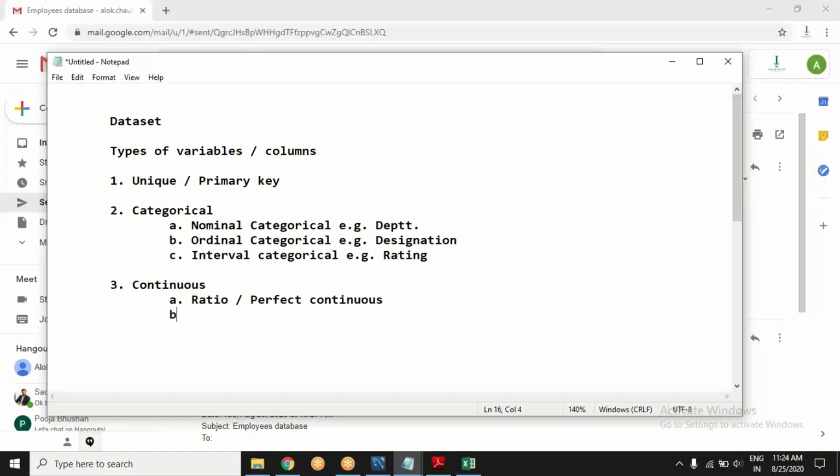We are talking about continuous variables. We call them discrete variables. Discrete. So they will keep integer values only. Don't confuse it with employee ID. Monarch employee ID is not even continuous, leave apart ratio or discrete.